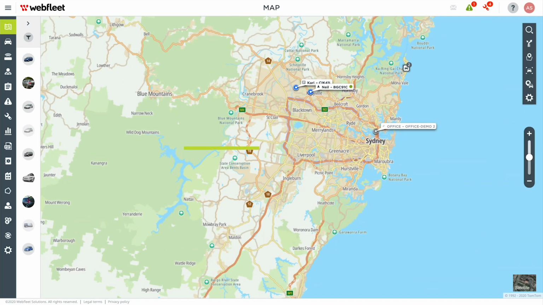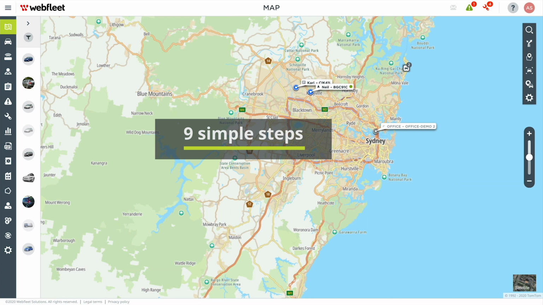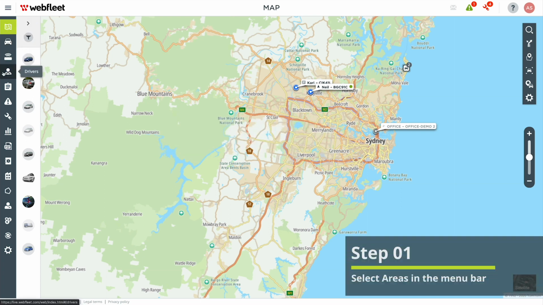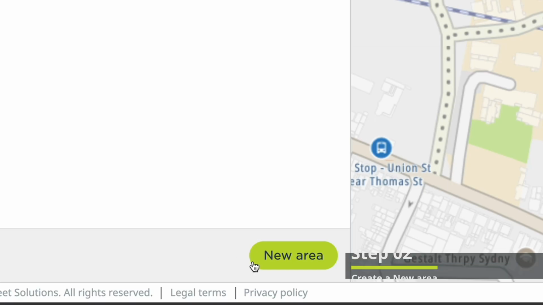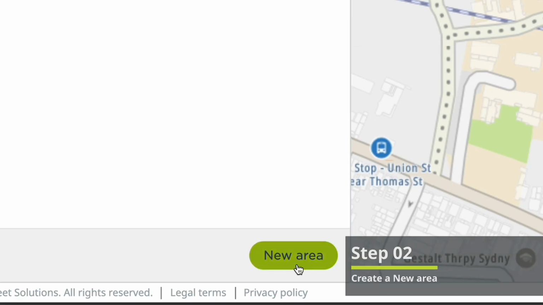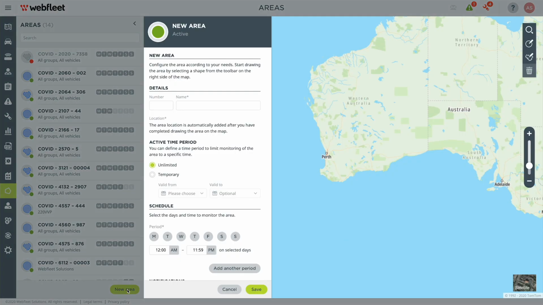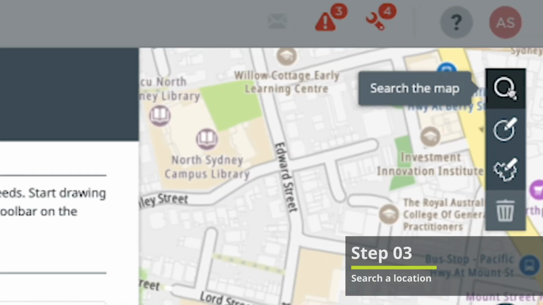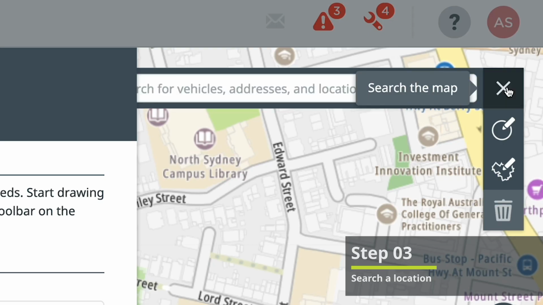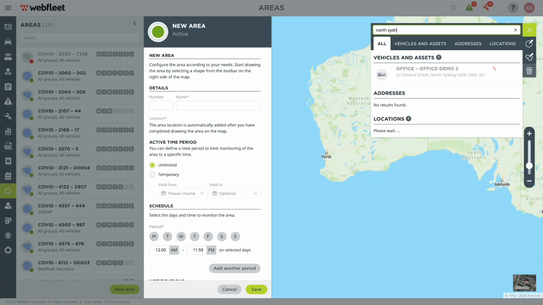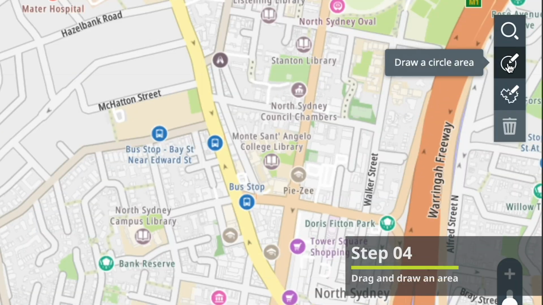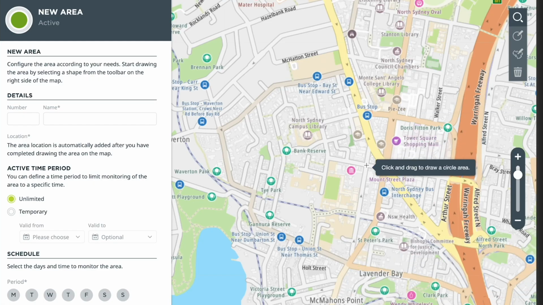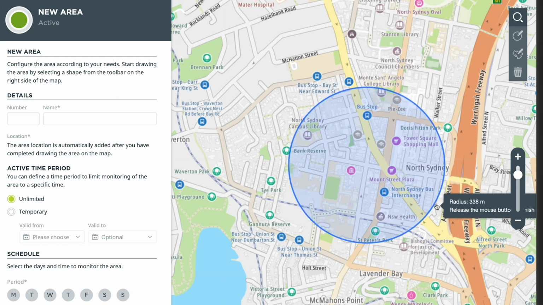For setting up live alerts, there are 9 simple steps. Step 1. Select areas from the menu bar. Step 2. Down at the bottom, if you select New Area. Step 3. On the right hand side, click the search icon and type in the specific address or location that you need. Step 4. You can create the area or geofence by drawing a circle and moving it until the